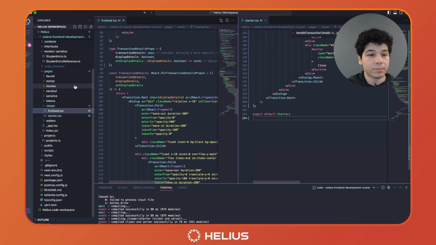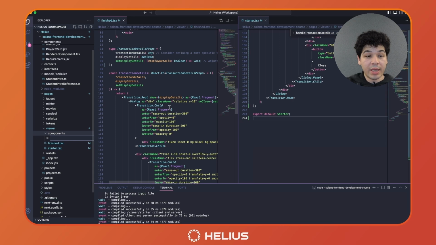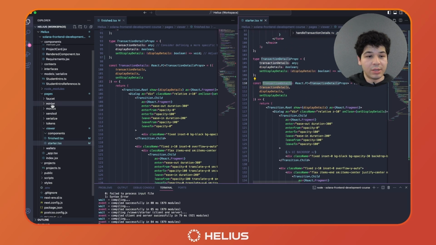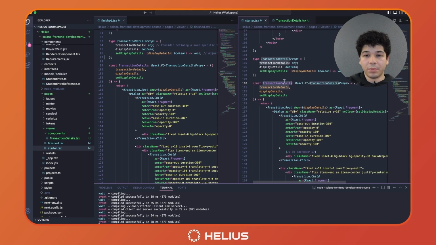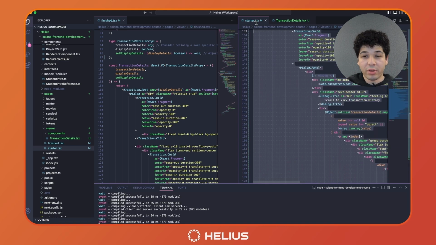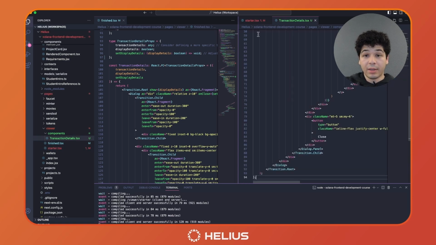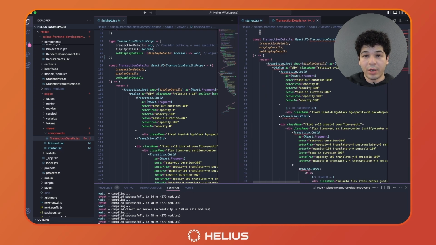So what I want you to do is, within the viewer file, go ahead and create a folder called components. And within that components folder, I want you to basically just copy and paste this transaction details name, paste that, and type in TSX. So just like that. Now what we're gonna do is we're actually just gonna go ahead and copy this transaction details function, paste it in there, paste in that type information as well above it,